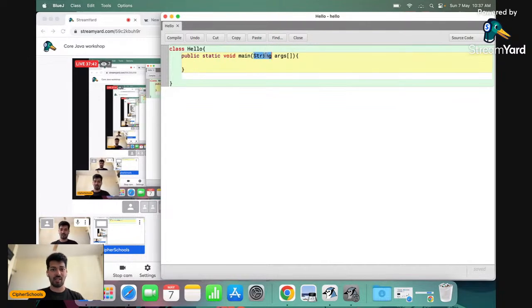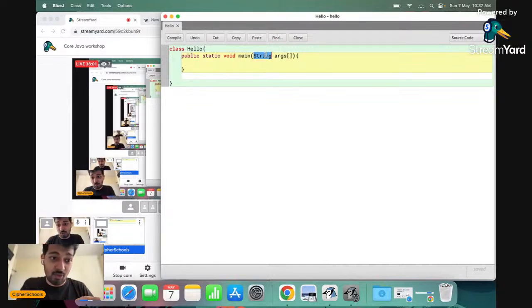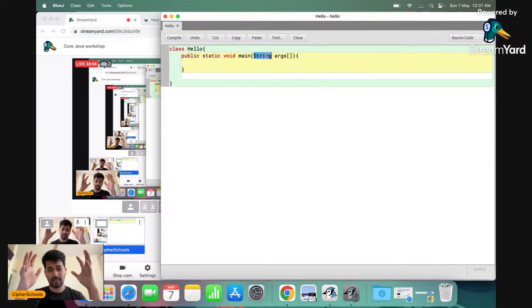Another thing we have is a string. So string is the data type. There are a couple of data types that you might have studied in the C language, like int, char, all of these data types. Similar to the same concept of data types, over here we have a string, which is a data type which collects information in the form of multiple words and characters.